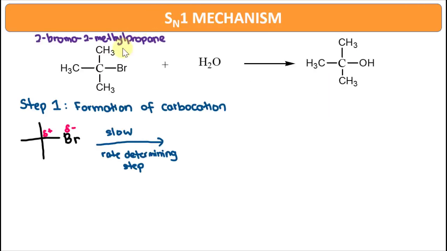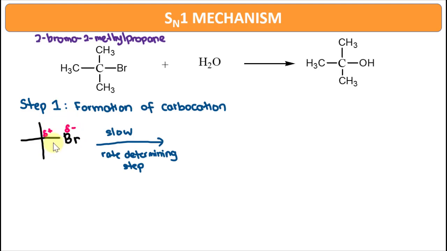Consider the hydrolysis of 2-bromo-2-methylpropane. So the reaction will proceed by SN1 mechanism, which involves two steps. The first step is the formation of the carbocation, and this reaction is slow and therefore determines the overall rate of reaction. Okay, so since the carbon here is partially positive and the halogen is partially negative, the bonding